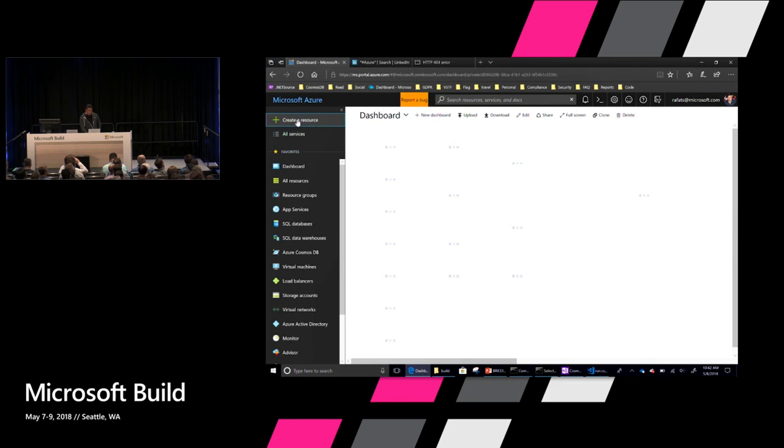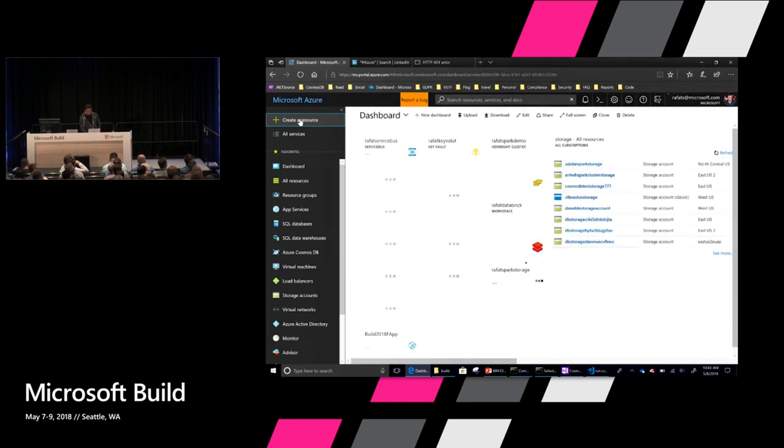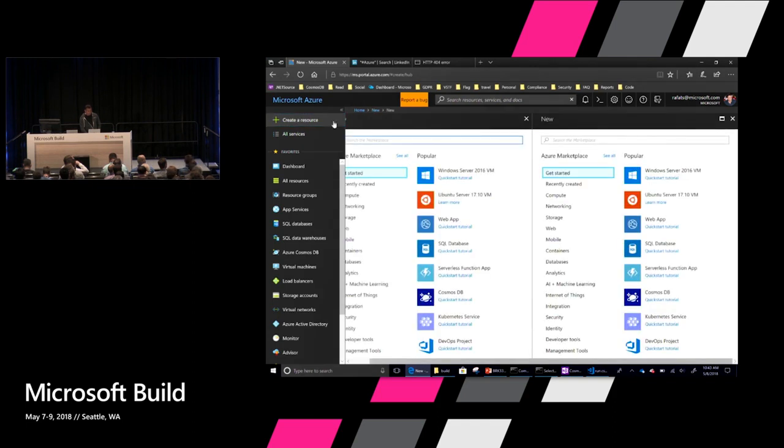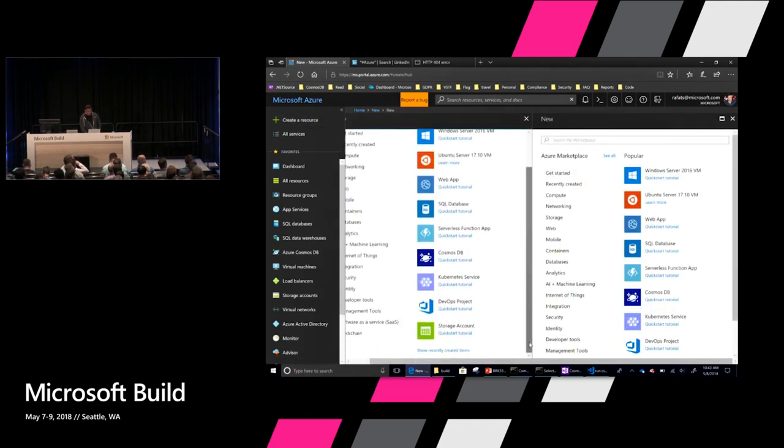Now, to create a function in the portal, you click on this Create a Resource. And that's why I tried to open it before, because it takes some time, and everybody waiting on this is not a good idea. So here we can start writing function, but before that we have to create a